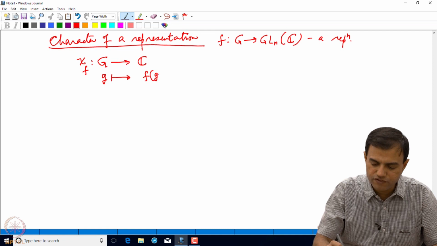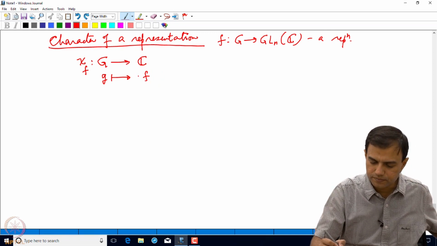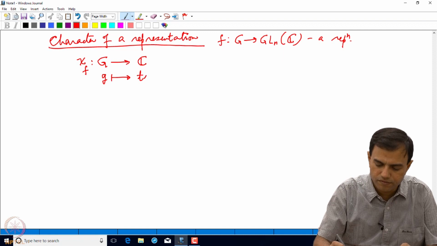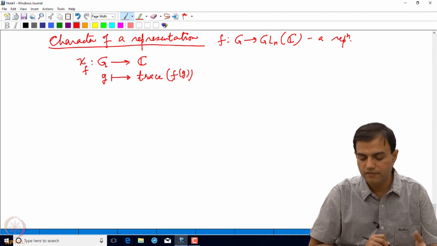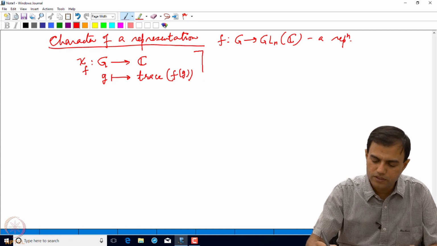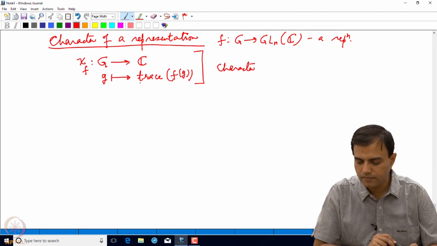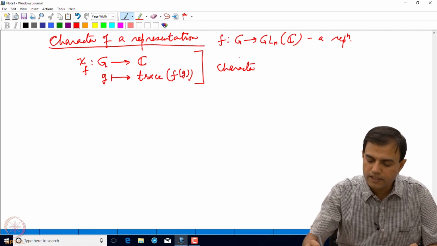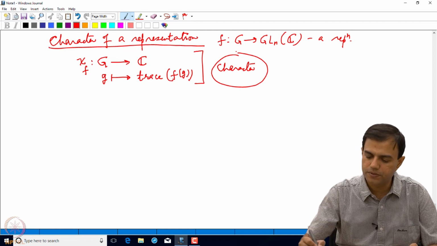So you consider this F(g). F(g) is a matrix. So I can think of the trace of this matrix, right? And that comes with various interesting properties. So this is called character. So g going to the trace of the corresponding matrix. Character is quite useful in understanding groups,